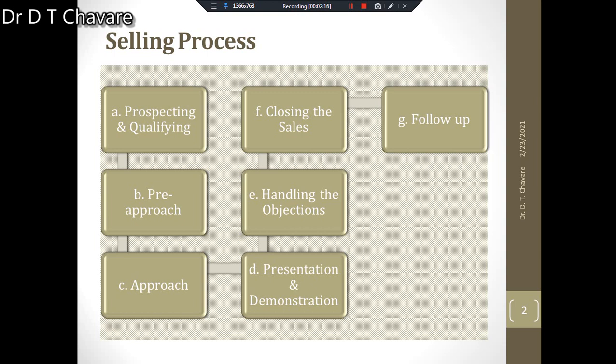Yet another theory exists, which is called the stimulus response theory. What is it? Stimulus response theory. This theory states that if a proper stimulus is given, the desired responses will follow automatically. Since no two buyers are alike, their purchasing behavior also differs. What makes one buyer respond positively, perhaps another will not respond positively. The use of an inappropriate stimulus is a basic cause for the failure of the selling process.